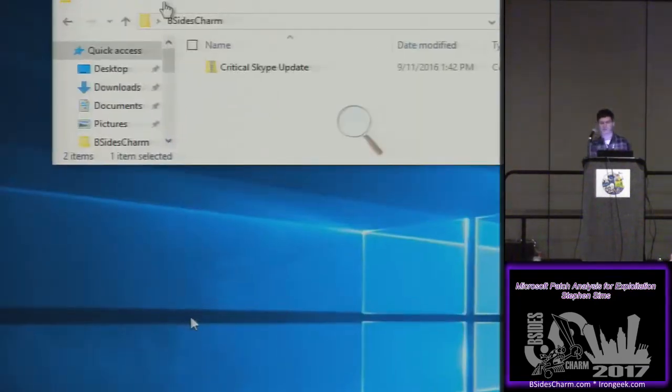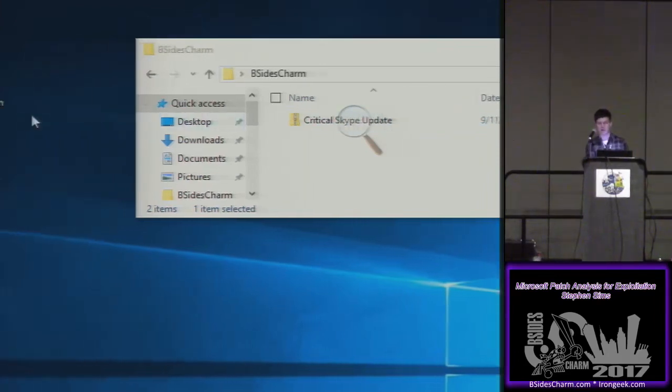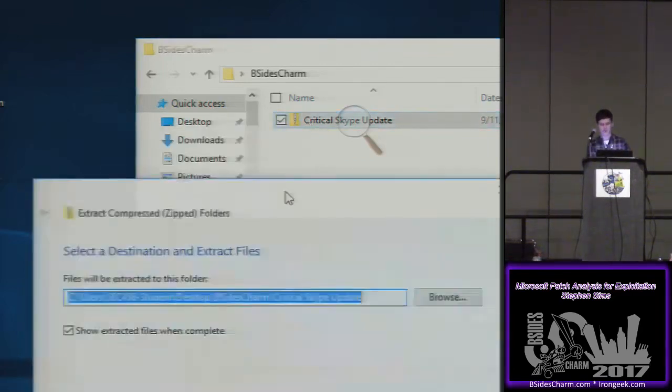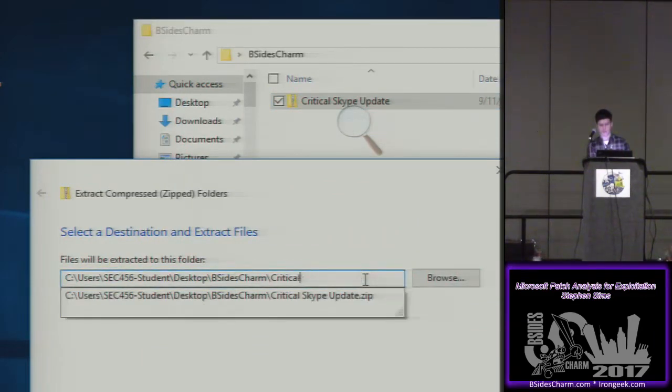And I might have to revert the snapshot. We'll try. But the idea is, imagine you got an email, and of course you guys wouldn't fall victim to this, but imagine you got an email, a zip file, and it said, critical Skype update. You need to install this. So just double click on the installer and it will fix everything. Obviously people fall victim to this, or attackers wouldn't bother doing it. So I'm going to go ahead and extract this guy. So let's say extract all. Just dump to that directory